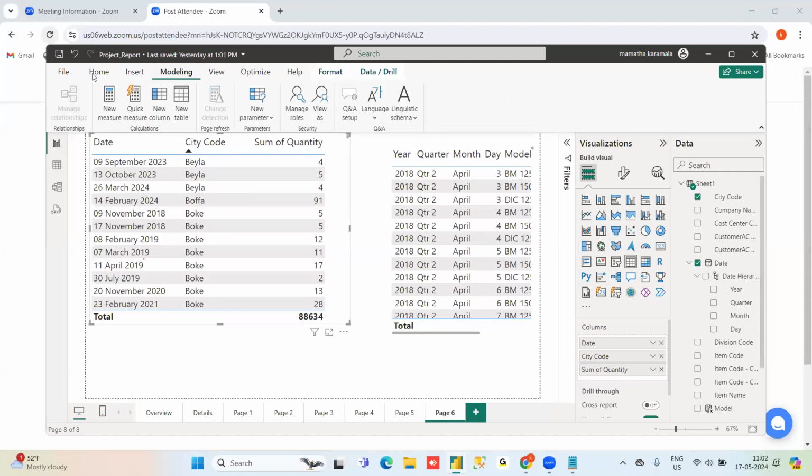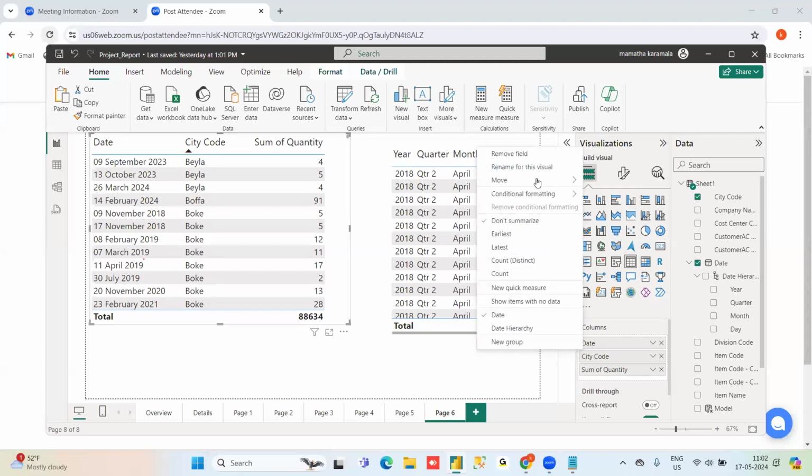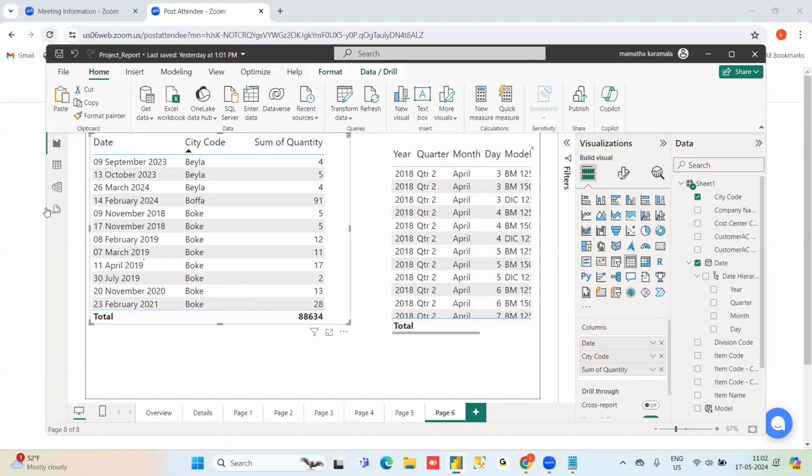In the home tab only. If you just check this particular date related, and you can go formatting how you want, like you can go to model view.